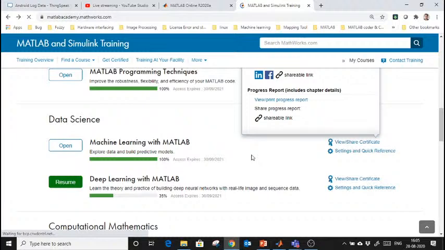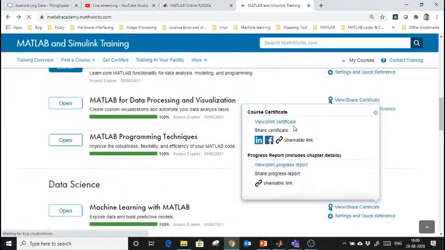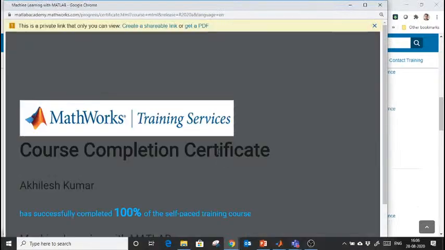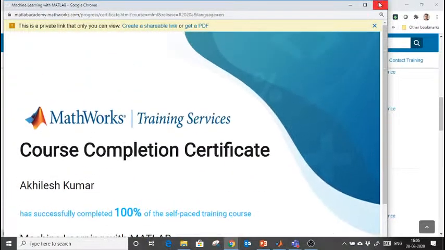So utilize that while you are in your college, in your institute, and learn as much as possible. So this is a certificate you will get here, and you can download this certificate as well. Okay, thank you everyone for